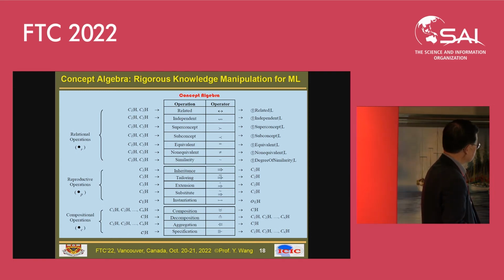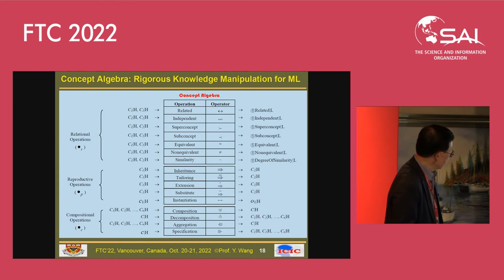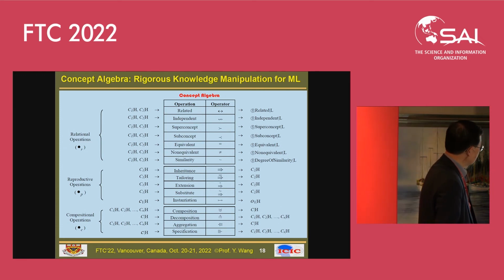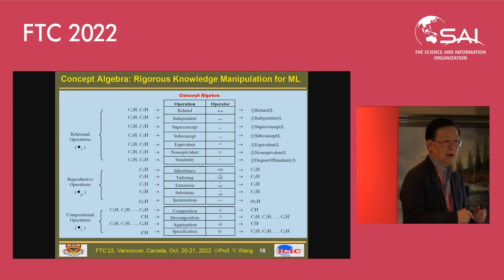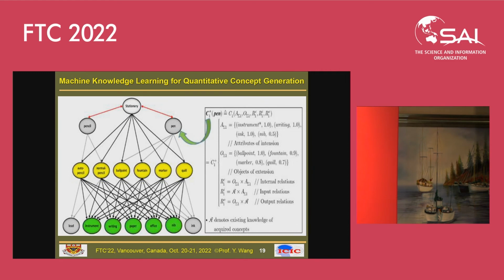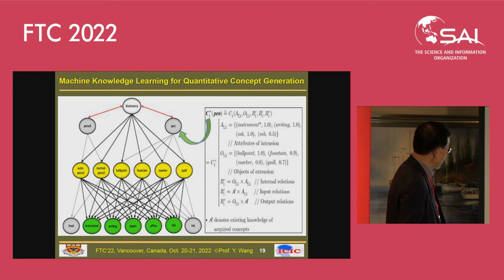In concept algebra, we only have dozens of those kinds of operations. The machine can run these individual algorithms to implement each of the operations. Then the machine can reason, can learn our knowledge, can build its own knowledge base autonomously based on these mathematical structures. So this illustration says the machine may first learn something, say, a pen, based on the word structures: a set of attributes, a set of objects, and their relationship.